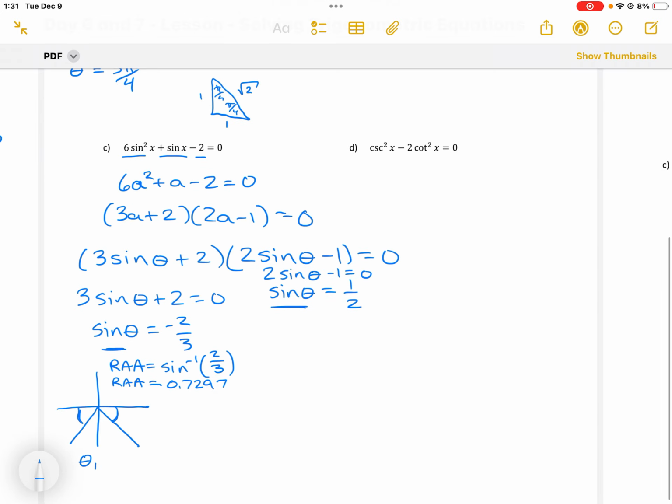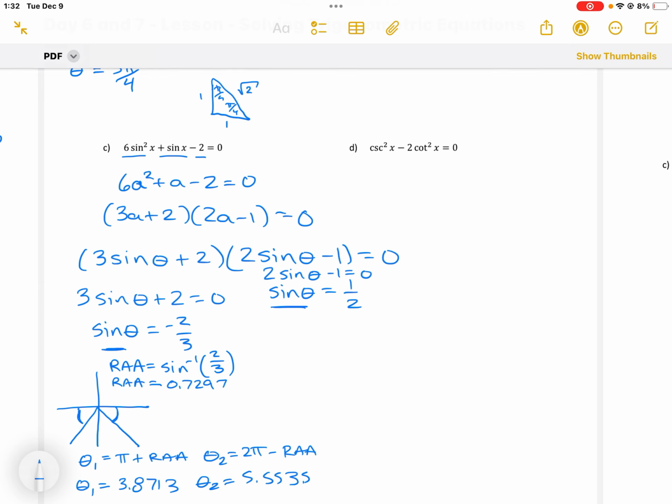My first solution is in my third quadrant, which is pi plus my related acute angle, which gives me a value of 3.8713. And my second value is 2 pi minus my related acute angle, which is going to give me a value of